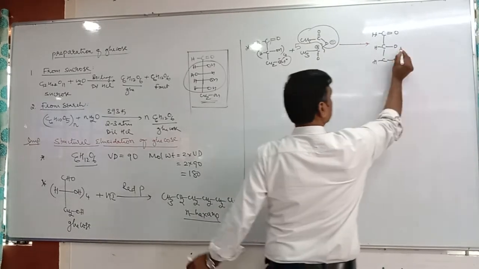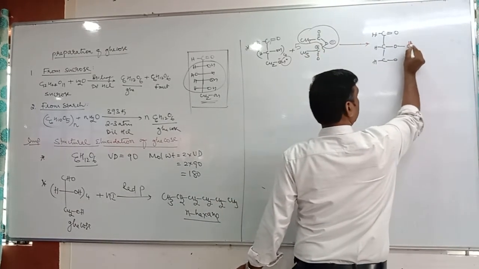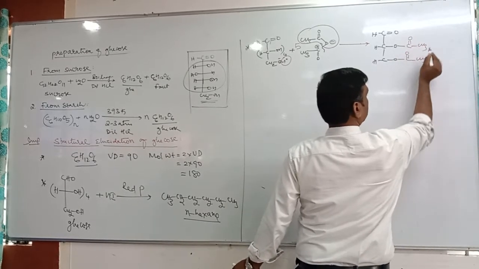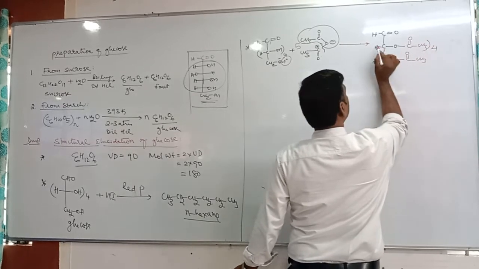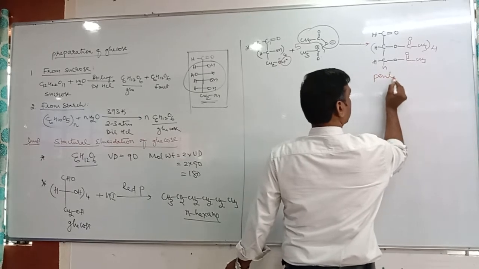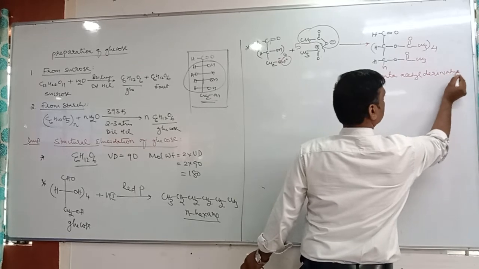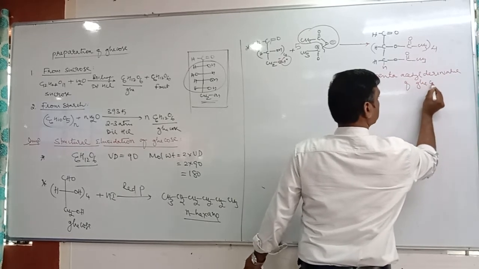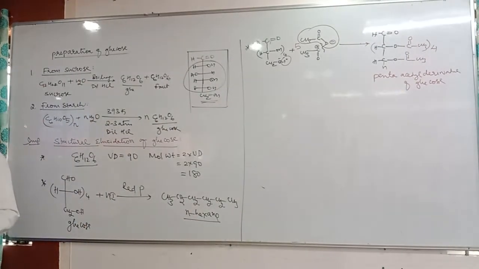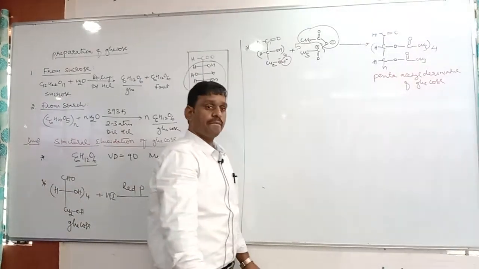So here, this is this group, CH3, C double bond O, O, C double bond O, CH3. And here also, C double bond O, CH3. How many is this? 4, no? 4. Here hydrogen is there. This is called the penta-acetyl derivative of glucose. Tell me, this reaction confirms what? Glucose contains 5 OH groups. Are they on the same carbon or different carbons?